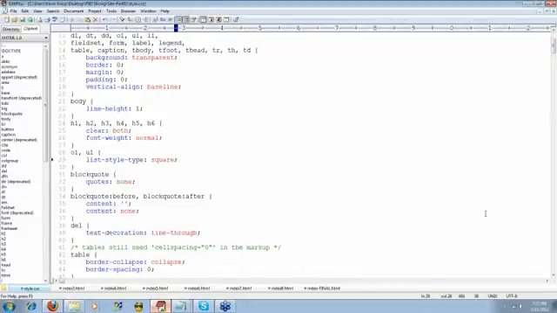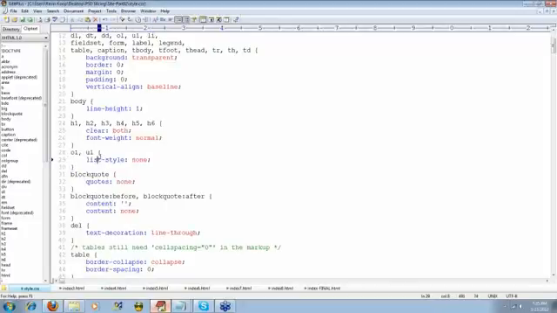I might be overwriting it somewhere else, which is basically what I was talking about earlier in CSS. You have to pay attention to that, because if you expect you're going to get an underline, or you expect you're going to get a bullet and you don't get it, it might not be that you've done anything wrong in that particular segment of CSS. It might be that something else is overriding it, and I'd have to spend a little bit of time looking at it. But the reason, to answer Jerry's question, that we didn't get bullets